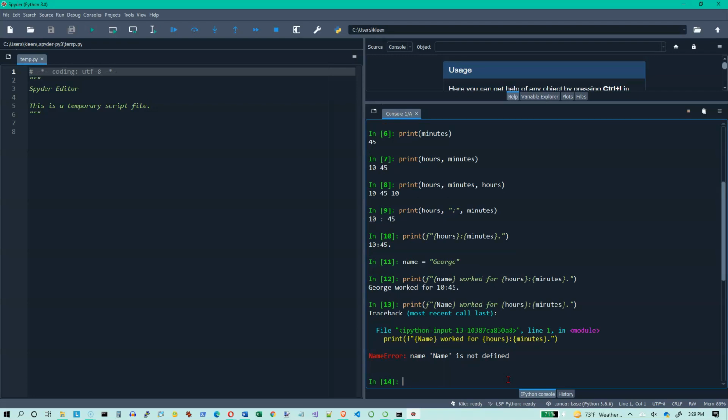Name is not defined because we used a lowercase n for the variable name, and in our print statement we use an uppercase N, and because variable names are case sensitive in Python, that's not going to work. Okay, so